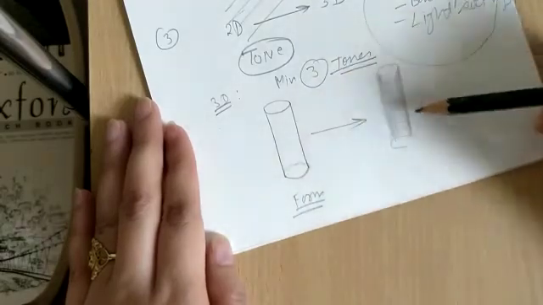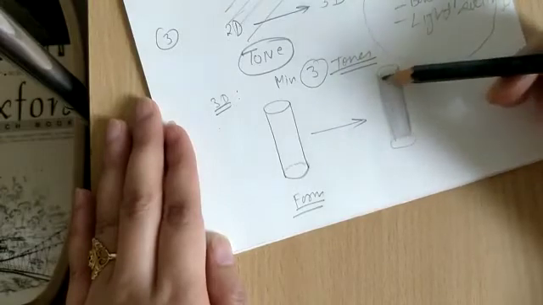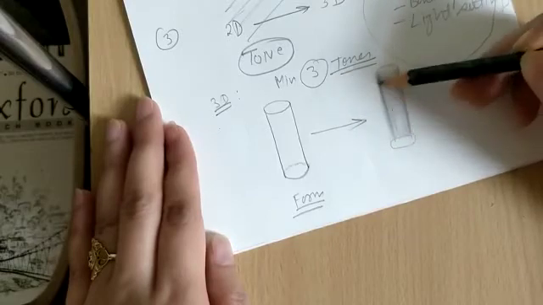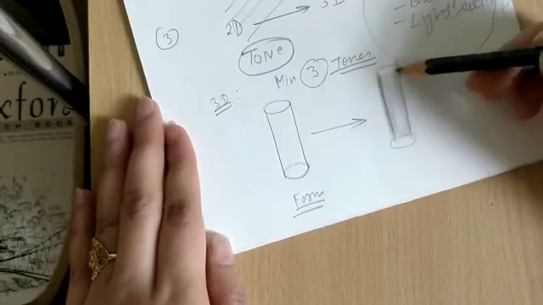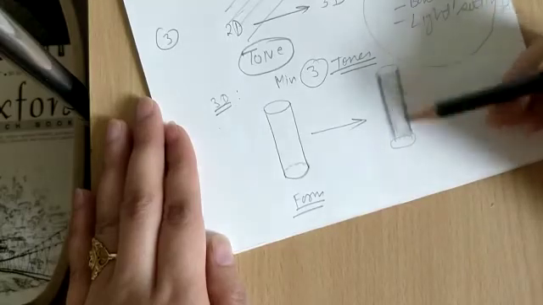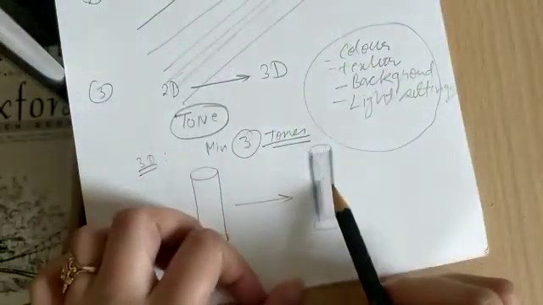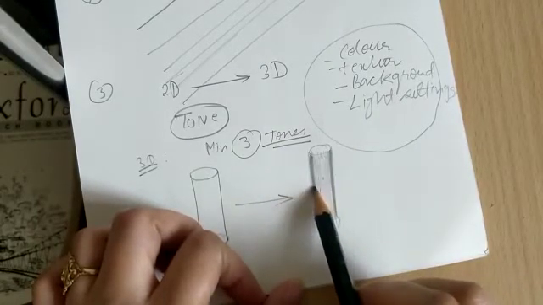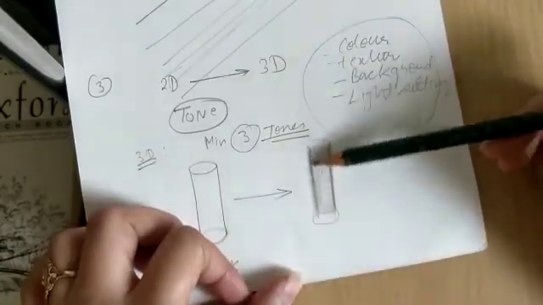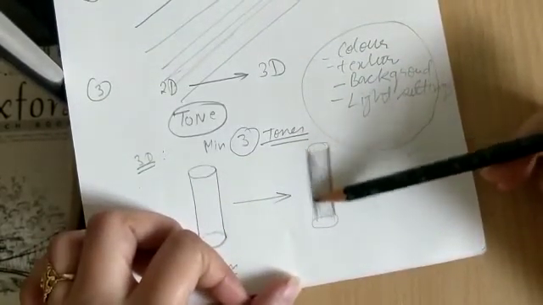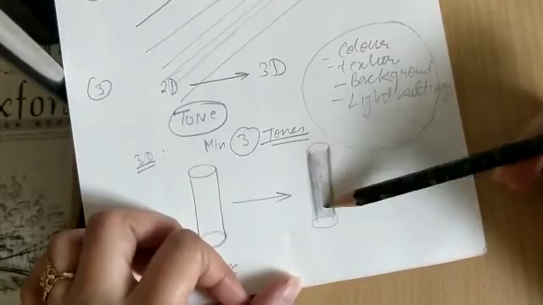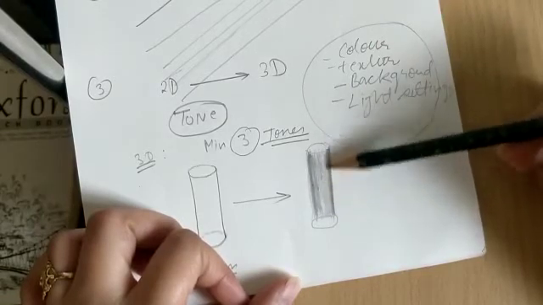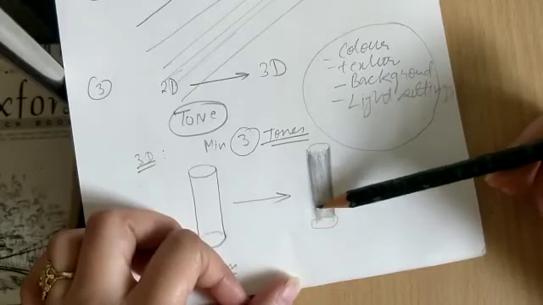This variation of intensity is what is called a tone or a value. If you see this closely, you will observe this center piece looks very light while the outer edges look dark, but these two things look very different. So what you need to do is give a little bit of a merging effect, which is also called smudging, and then gradually this color should change, and this is what gives a 3D effect.